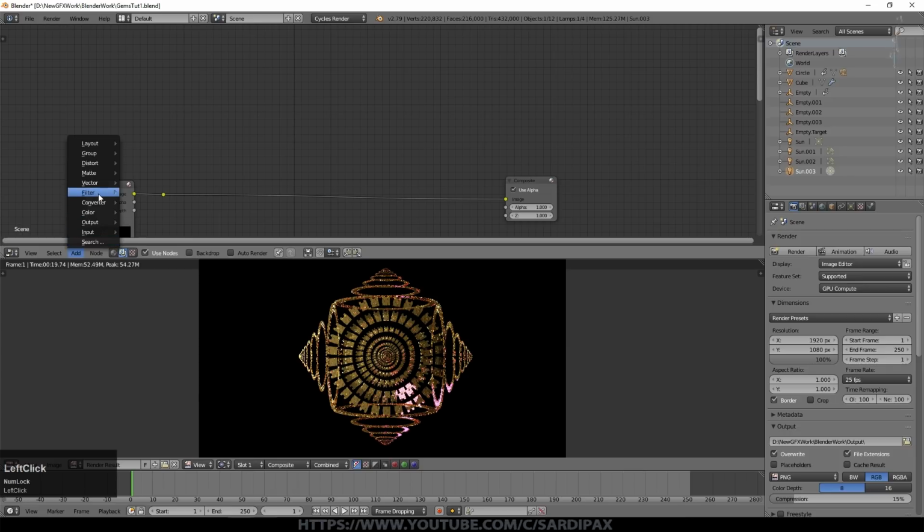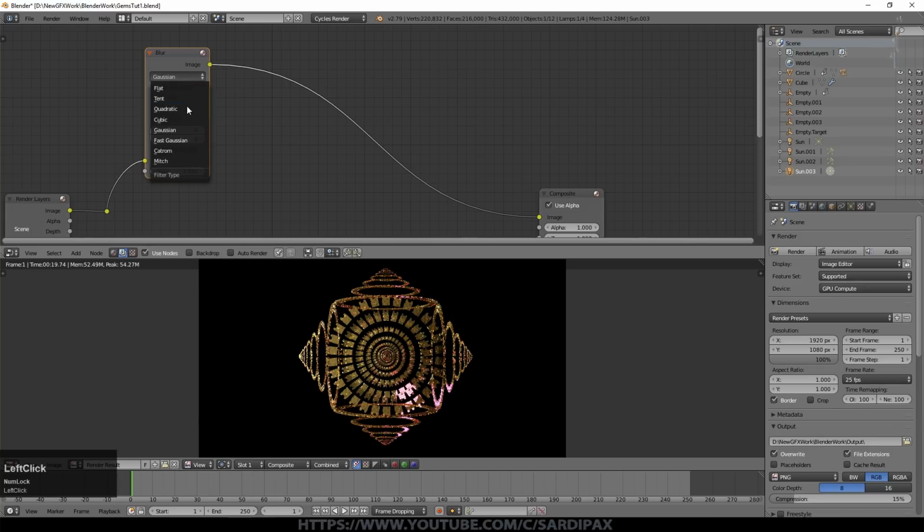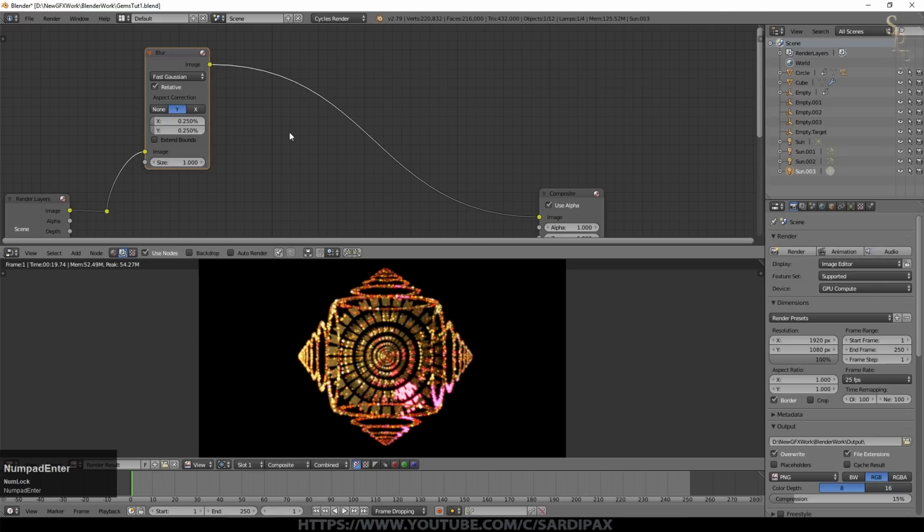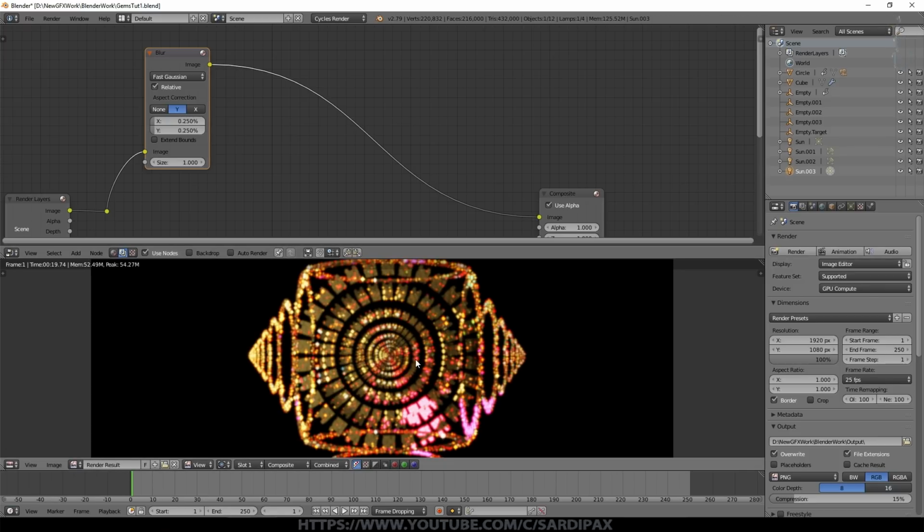So I'm going to add a filter, which is a blur filter, and just drop it in there. Push that up here somewhere. I'm going to set it to fast Gaussian, relative, Y, so that's the aspect correction because it's a wide scene rather than a tall one. And I'm going to set this to about 0.25%. So it's not very much, it's just a little bit. This is going to form the background of our scene, and I therefore don't need it to be the high fidelity of detail that we're going to need for the foreground of our scene. And it just makes it a little less noisy and thickens some lines up and things like that.